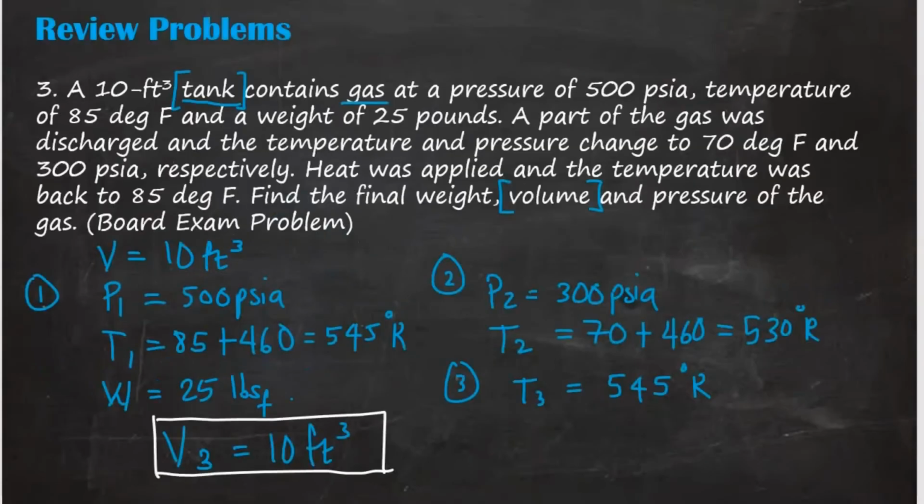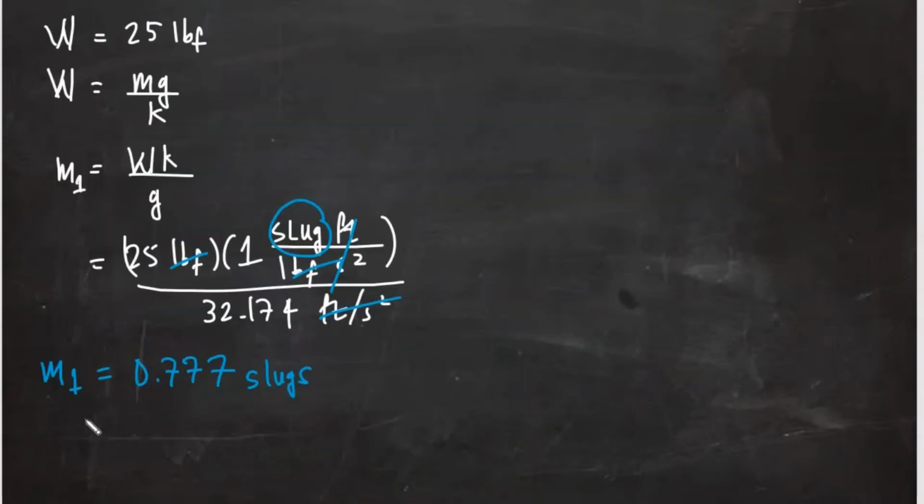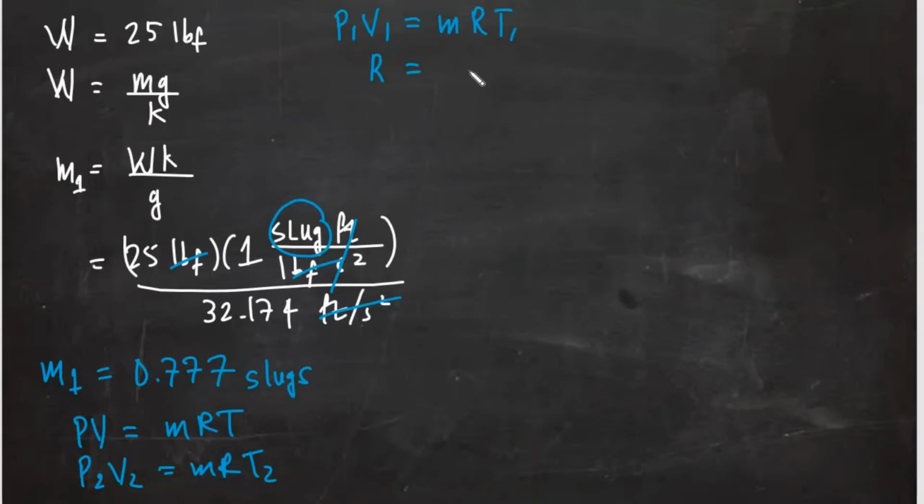Now, it says in the problem that a part of the gas was discharged and you have the resulting pressure and temperature. Okay, so we can use the equation of state. We have PV is equal to MRT. In this case we'll use P2V2 is equal to MRT2, and we can solve for the mass sub 2. But to do that we must first know the specific gas constant R of this particular gas. We can get that from our initial condition, because we have P1 V1 and we also have the temperature 1. Okay, P1 V1 is equal to